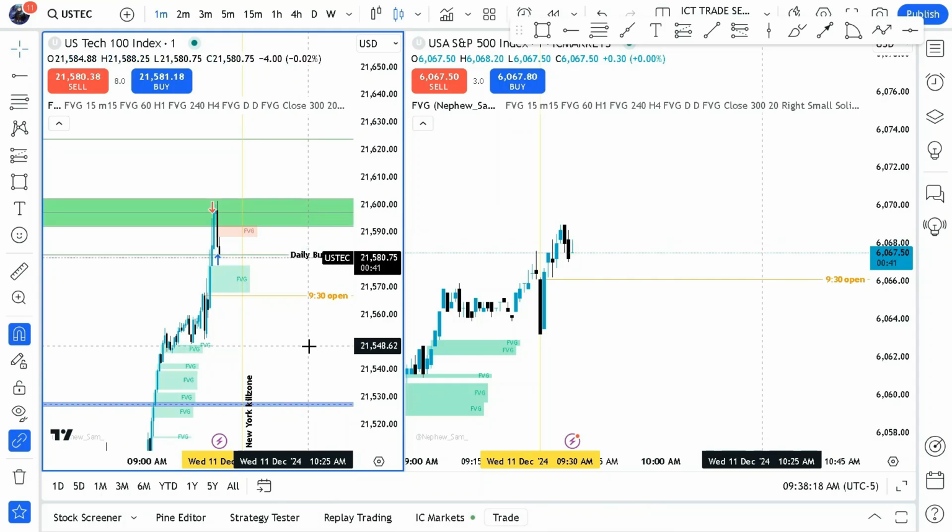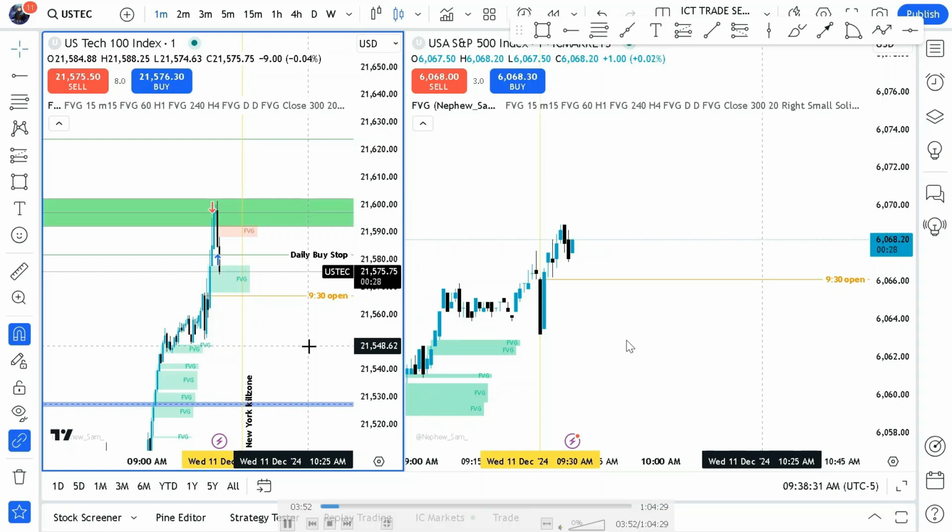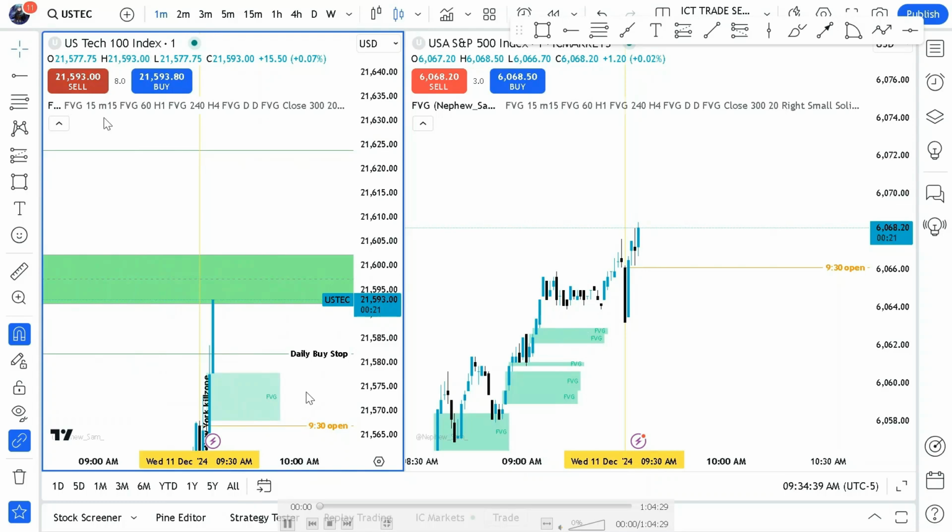Today we're going to be reviewing the trading session for the New York time frame. That's going to be for the US Tech and the US500. For those in the US, you might be using the futures. So as per usual, the standard setup is going to be using the